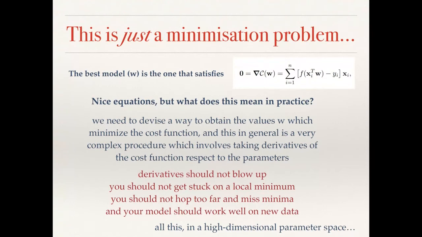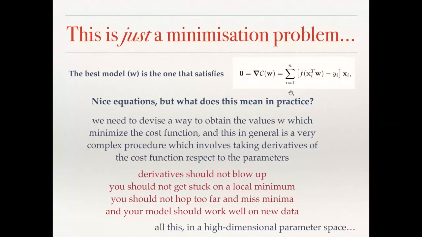The best model then is the one that satisfies that the gradient of the cost function over all the parameter space of your weights is 0. In terms of this cost function as a square error, this is this expression. So you need to go over all the dimensionality of your data